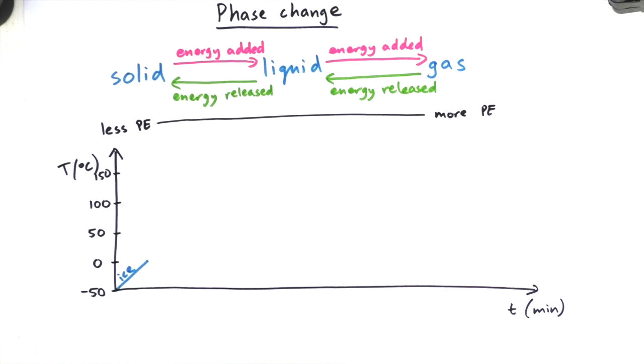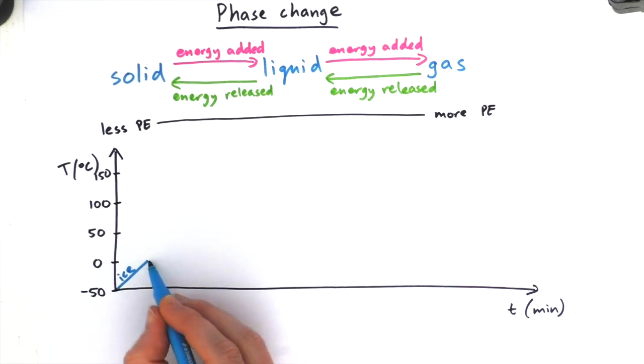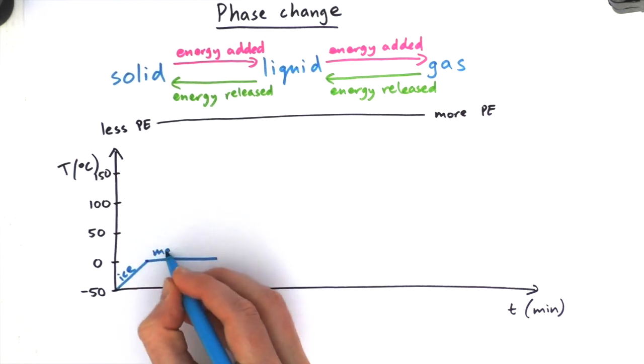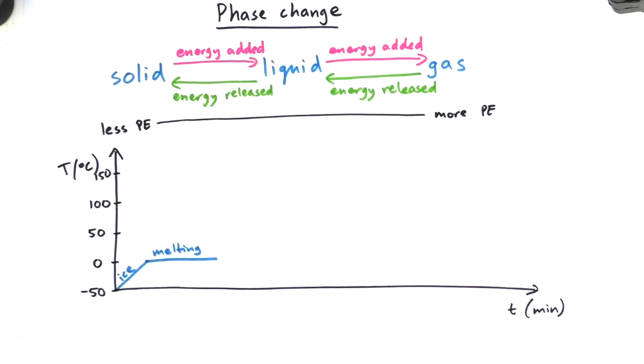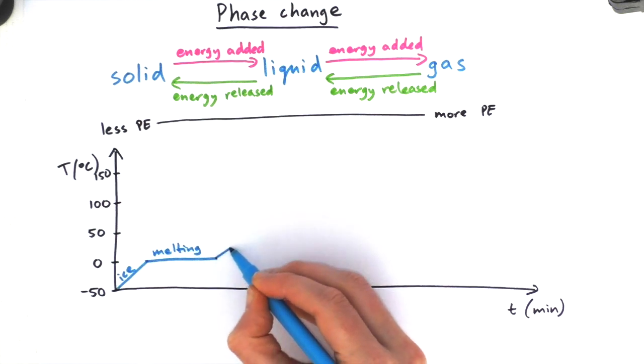So once the temperature of the ice gets to 0 degrees, it starts melting. So all the energy that we're adding at this point is going into potential energy of the molecules, and as that increases, it becomes liquid, so it becomes water. So we're starting with ice whose temperature is increasing, and then we've got constant temperature while the ice is melting, and once we have water, the temperature is going to be increasing again, and